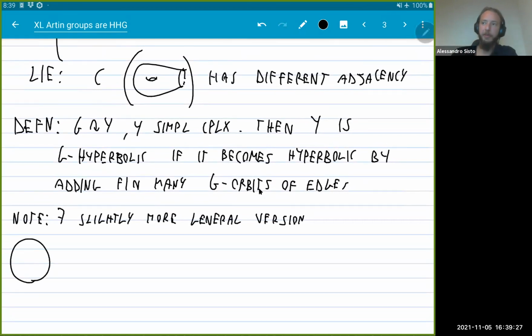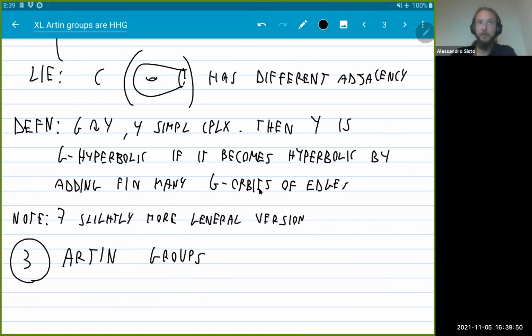And the more general version is just slightly more technical. It doesn't really have additional complications. Very good. With this in mind, groups acting on simplicial complexes with hyperbolic links, we can move on to